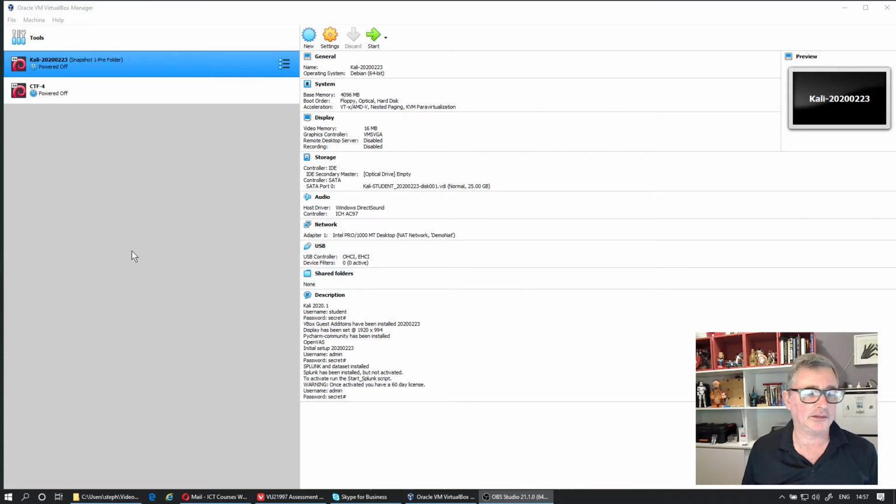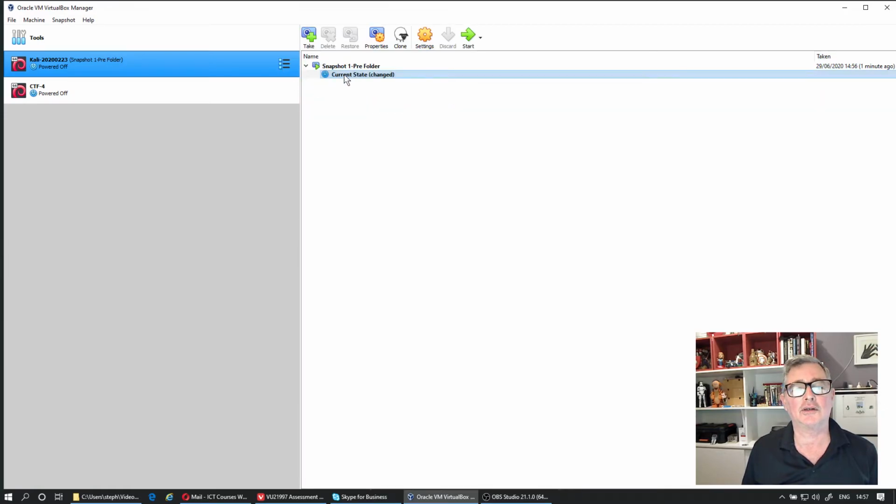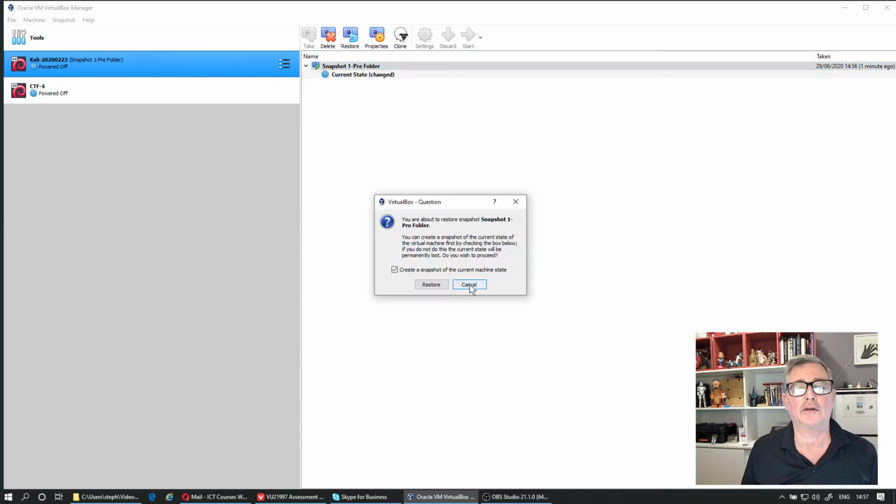Okay, so now that it's shut down, I'm going to right click here. I'm going to click on my hamburger, and I'm going to go to my snapshots. Right, and now what I can do is start my machine up at that pre-folder snapshot. Right, so I can do a restore, and I can go restore,